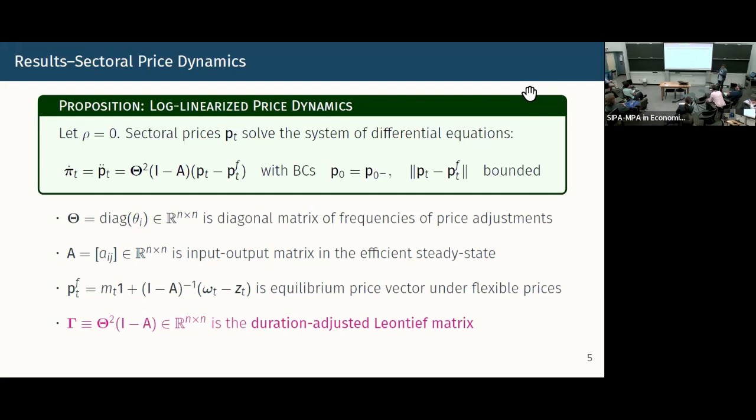So imagine that we stack all the prices of these different sectors. Every sector has a final good, and every final good has a price. So I have n different prices in the economy; stack them together and call that a vector P. These prices determine all the allocations in this economy at the end of the day. Okay? The evolution of those prices is going to be determined by a system of differential equations that relates the evolution of inflation in this vector to some coefficient